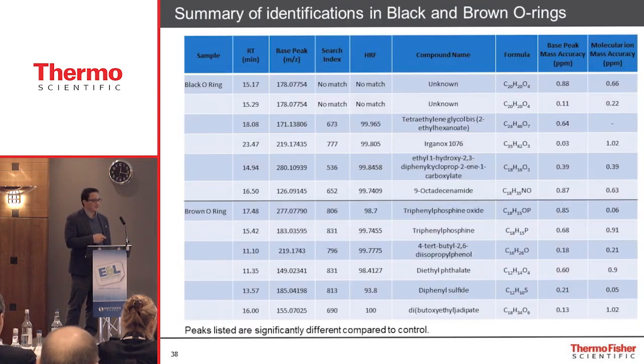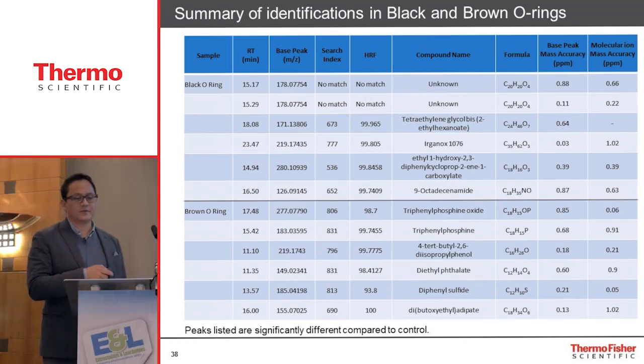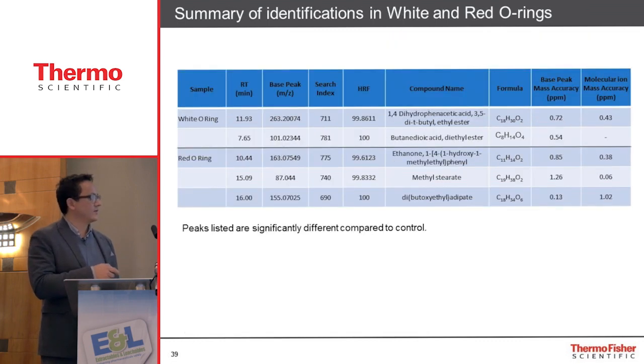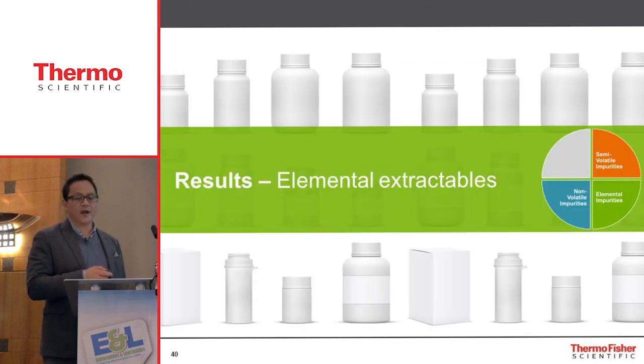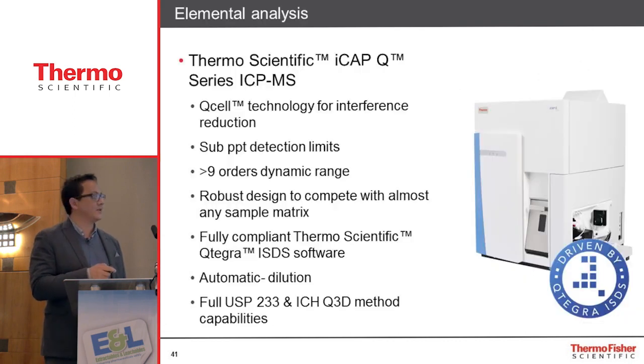So I won't go into all of the peaks that we're able to identify, but there were numerous. We found a lot of stuff in these O-rings that are pharmaceutical grade, and we're going to put out a comprehensive series of reports on this. But fairly easily, with a high degree of confidence, we could rapidly identify a whole range. So then what we did is we took a look at the elemental analysis, so the metals within the same